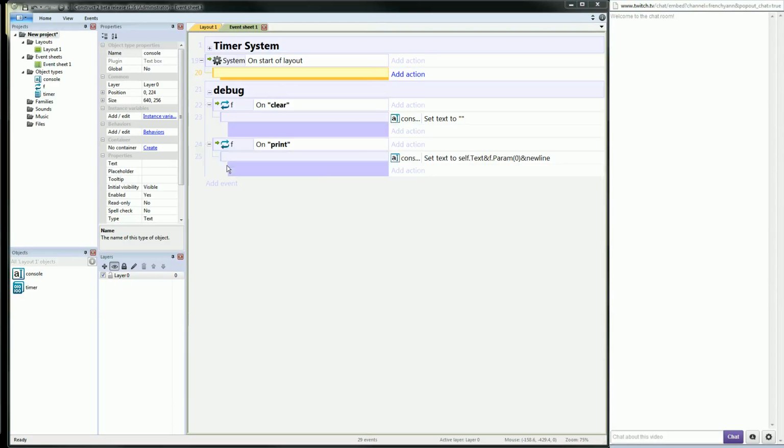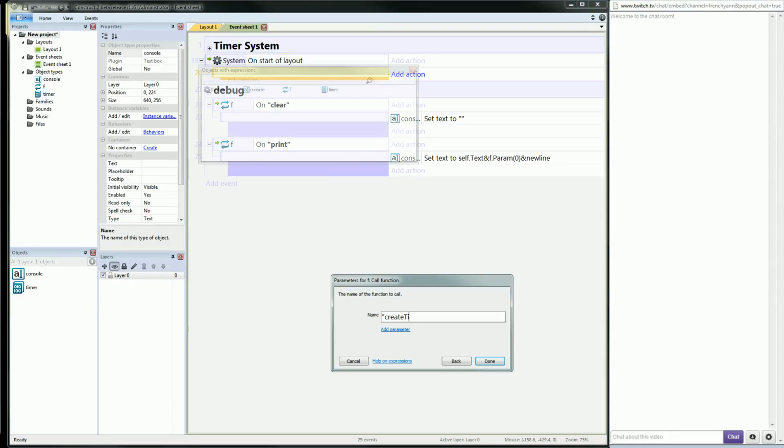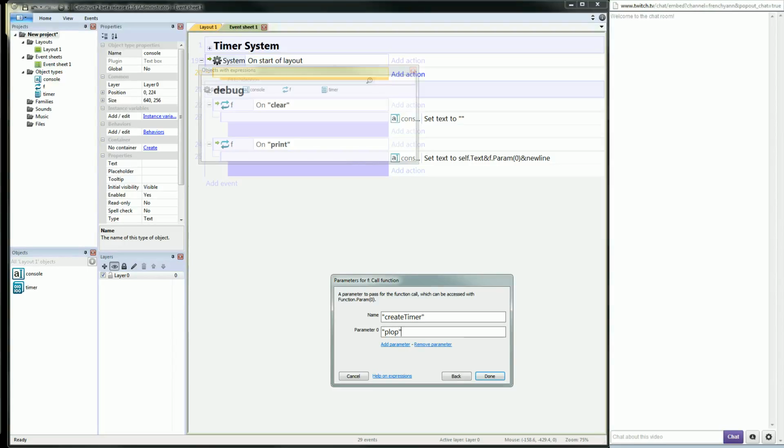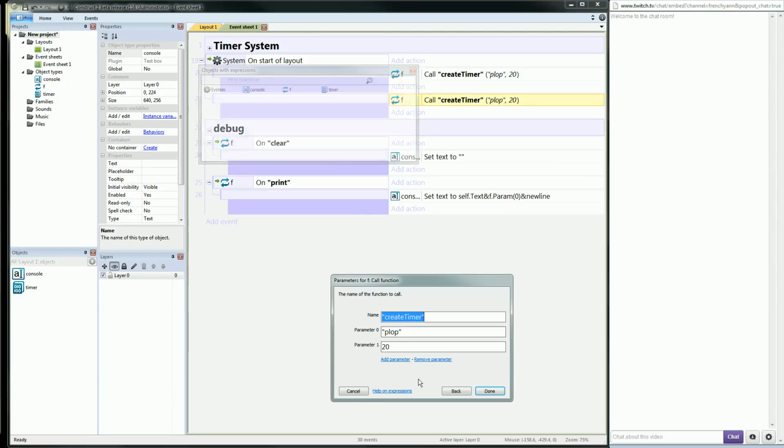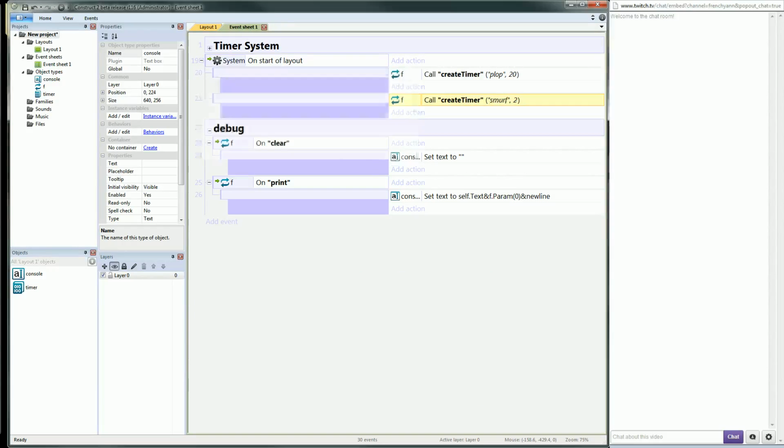So call the function create timer, plop timer with the starting value 20, actually not a starting but a goal value, and smurf too. Alright,